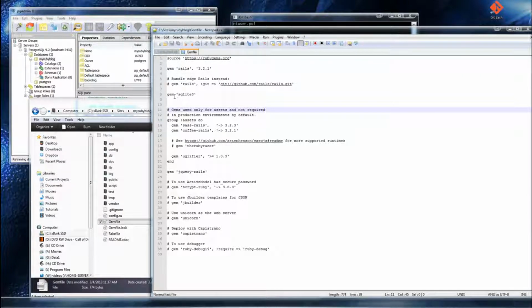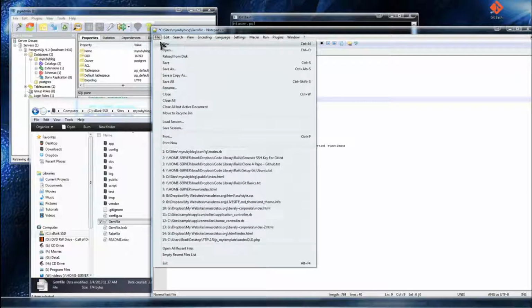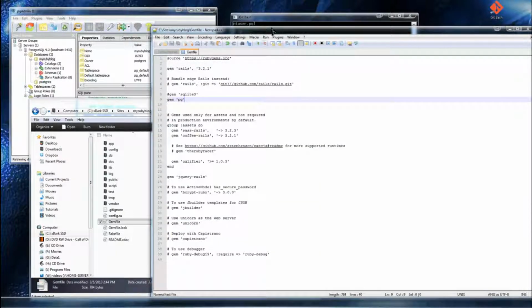And you'll see here we have gem SQLite 3. We want to actually comment that out, and under it we want to do gem PG and then save it. Okay, so we disabled the SQLite gem,